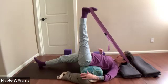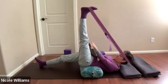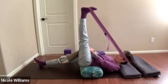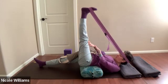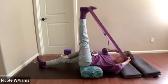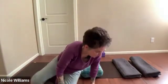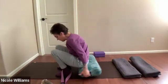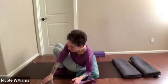Add sand if you like. Now the sand can go straight down. It can be a little bit lopsided on the leg, so you could kind of turn it. So if you get a feeling when you're turning that leg,